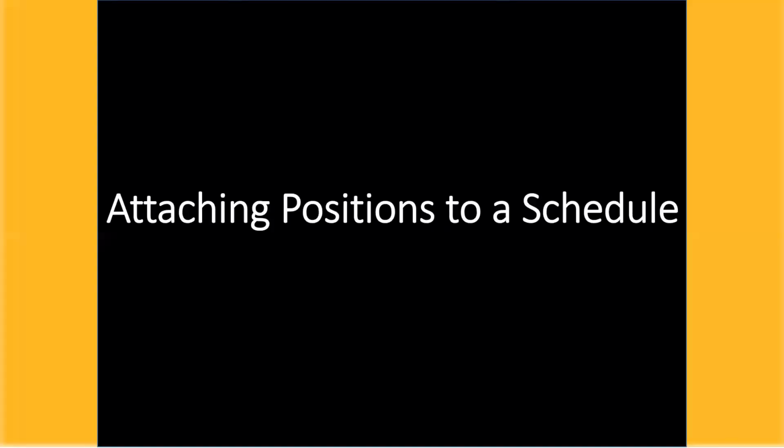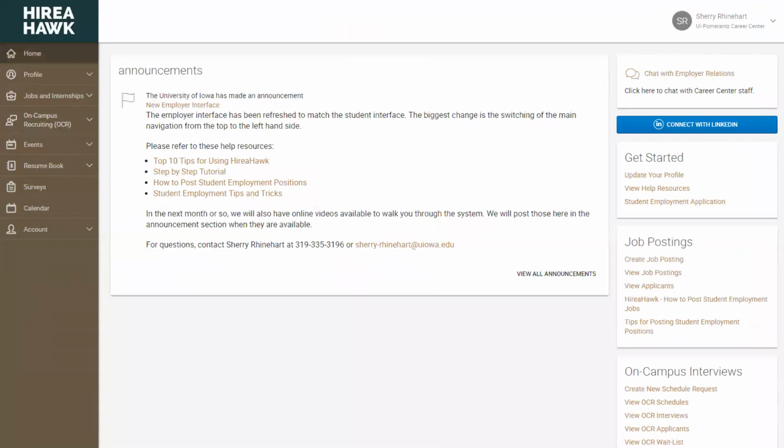All right, so now we're going to talk more about attaching positions to a schedule that you've requested. Before you can attach a position, you need to have an approved schedule request within the system. That is needed so that you can attach that position to it later. When you first request a schedule, while it is in pending mode, it will say not approved. Once the schedule request is approved, you'll receive a confirmation email, and then you can attach a